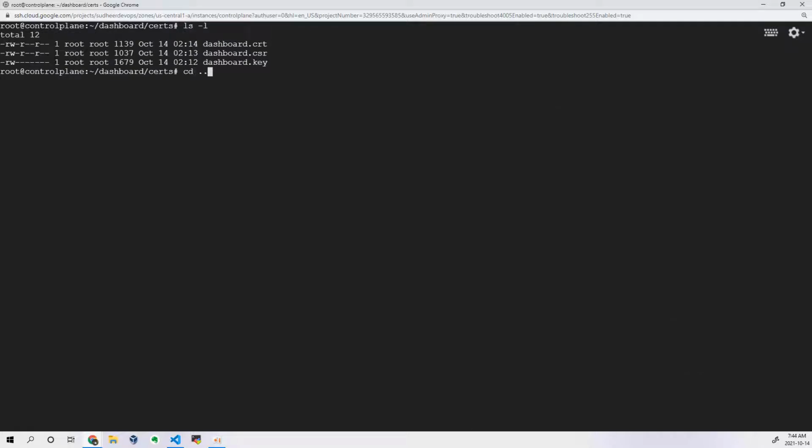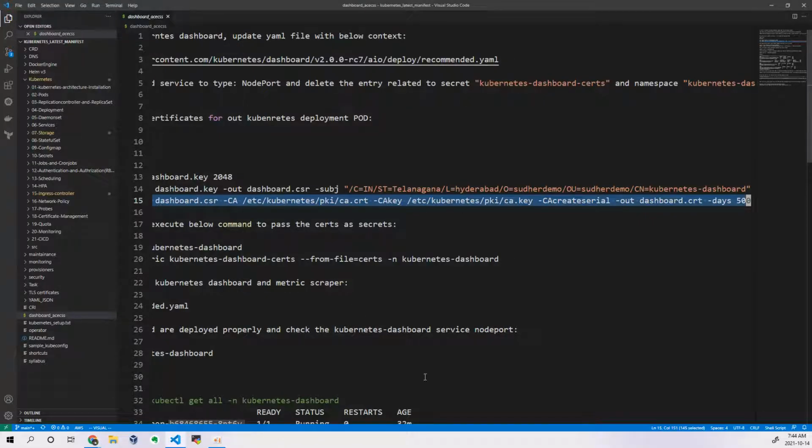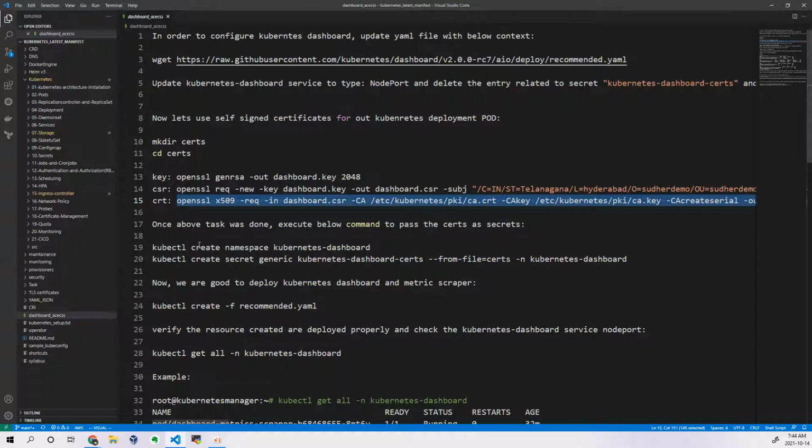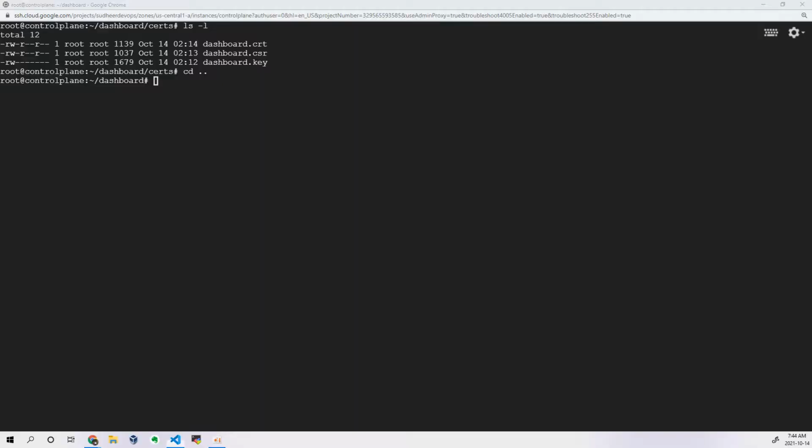Okay, let me come back. Now what I need to do is create a secret. Why? Because I need to store this particular certificate and key in the form of a secret, right? The namespace is already created, and then I have to create this particular secret. You can see I'm directly using from-file and giving the directory name, so this will be the name of my secret.